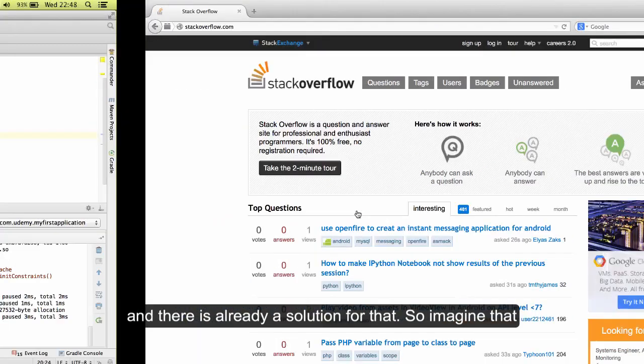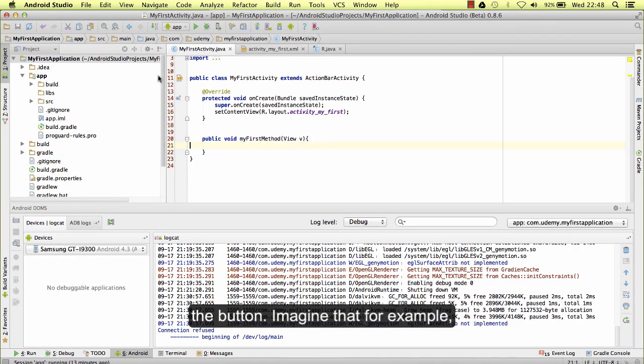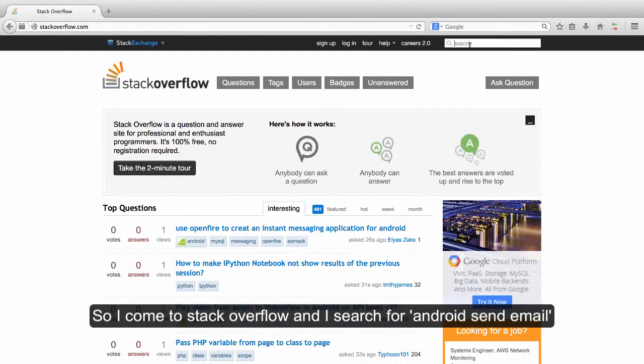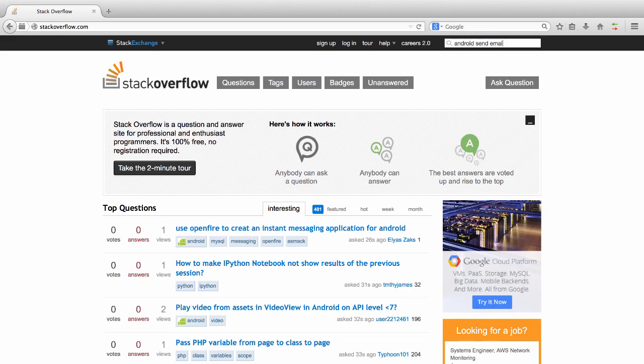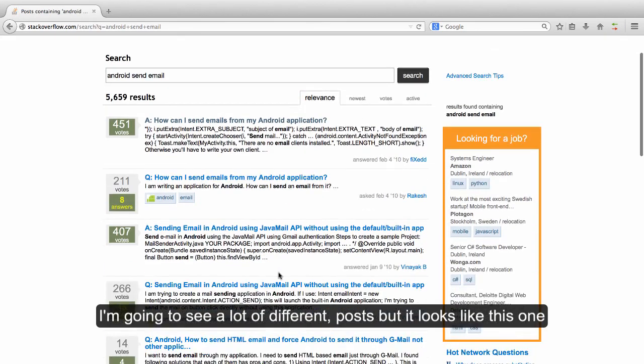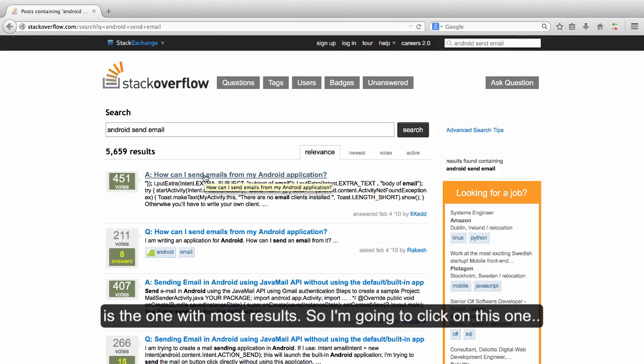So imagine that we want to do something different in our application, something different with the button. Imagine that, for example, when I click on the button, I want to send an email. So I come to Stack Overflow and I search for Android send email, and I'm going to see a lot of different posts, but it looks like this one is the one with more results. So I'm going to click on this one,